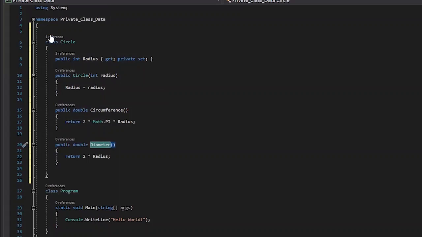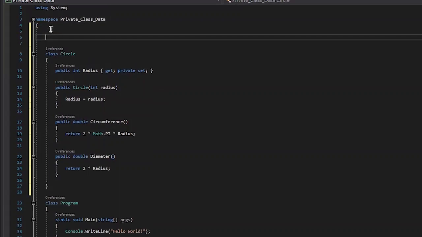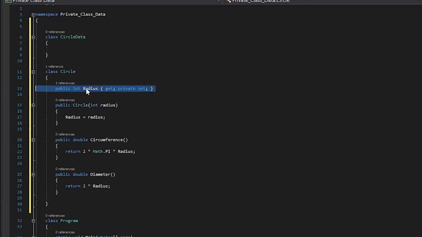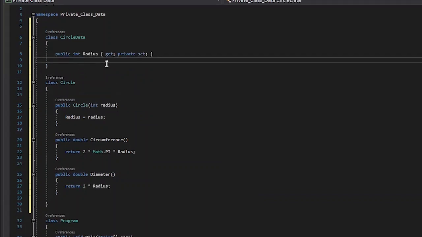So the solution is to create a separate class itself, say CircleData, and we will keep our radius property in it.